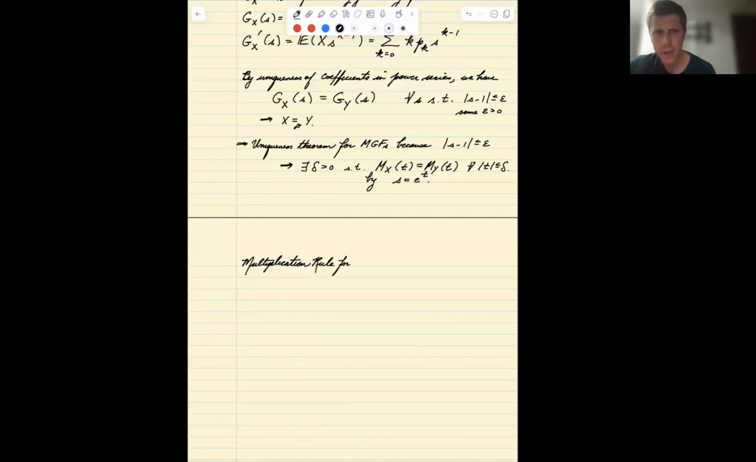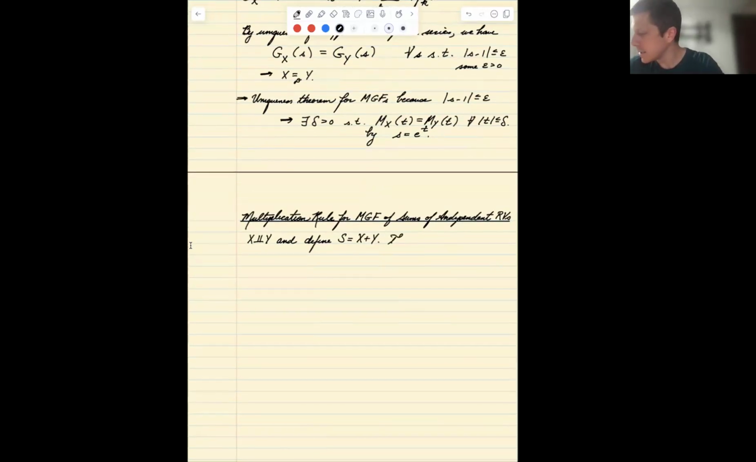or for sums. For the moment generating function of sums of independent random variables. Okay. So what we're assuming now is that we're going to let X and Y be independent and define S to be the sum X plus Y. Then in this case,